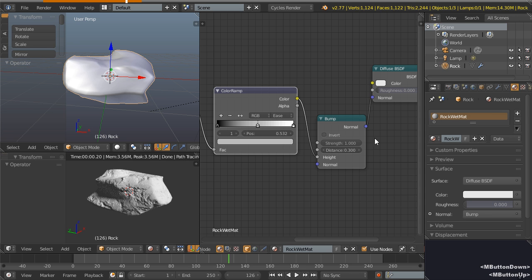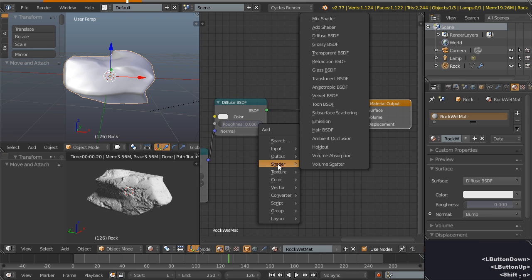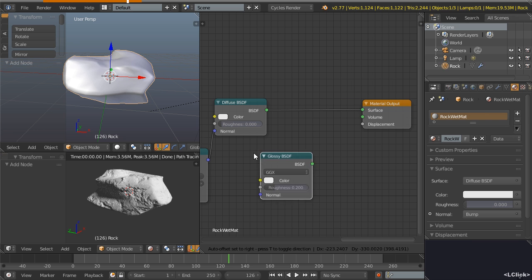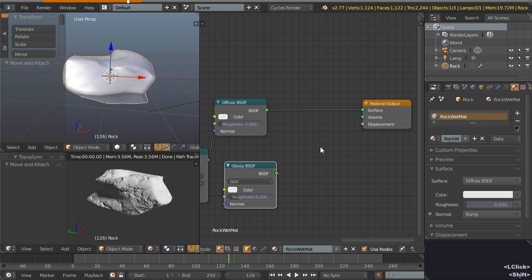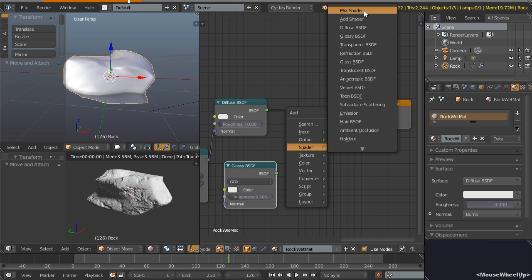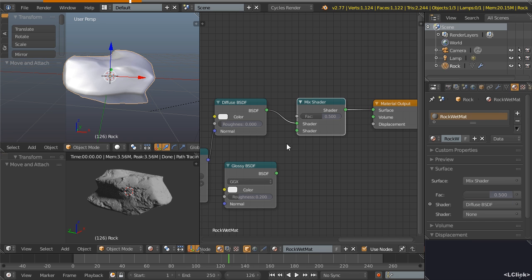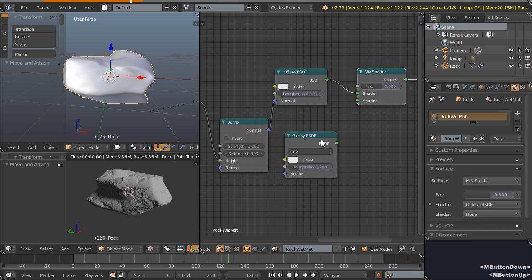So what we can do is come to the end of the diffuse shader, just give ourselves a little bit more space, and then go Shift A and add in the glossy shader. I'm just going to drop that in there for now, and then go Shift A and add in the mix shader, which is just at the top there. I can scroll my mouse wheel to find the mix shader there at the top. So then we can just drop that into the connections that are already in existence,